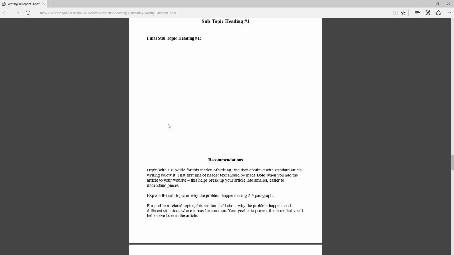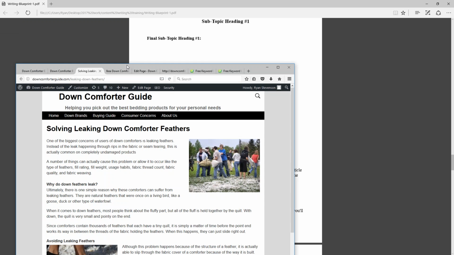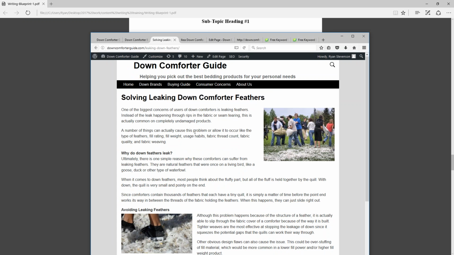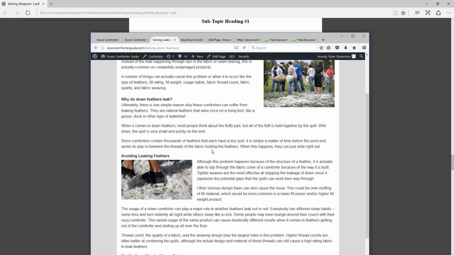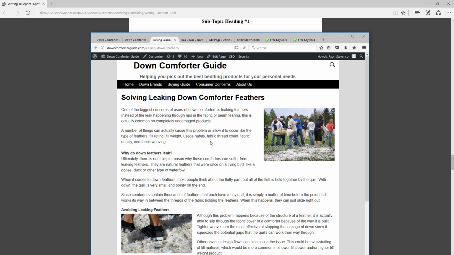If I'm dealing with a problem where I'm trying to address and solve a problem, like with this leaking down comforters page, I have a certain type of strategy that I like to follow with this. First, I vaguely describe or mention the problem, the fact that it exists. Then I go into detail about why it happens.